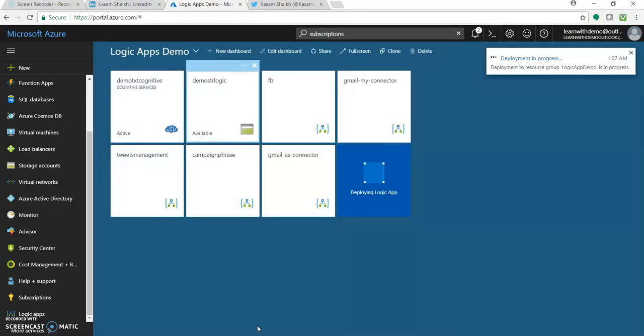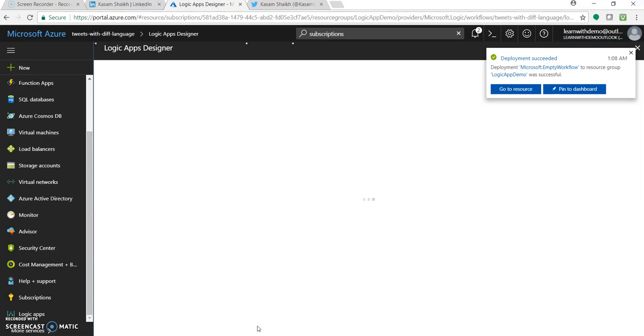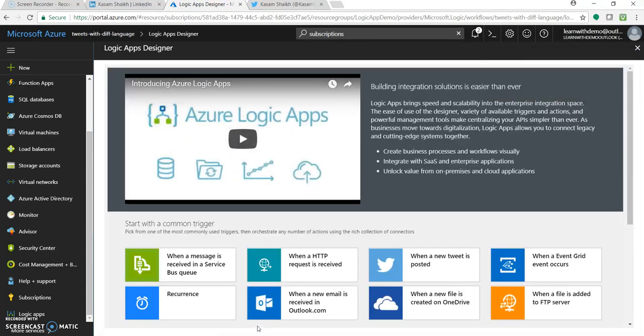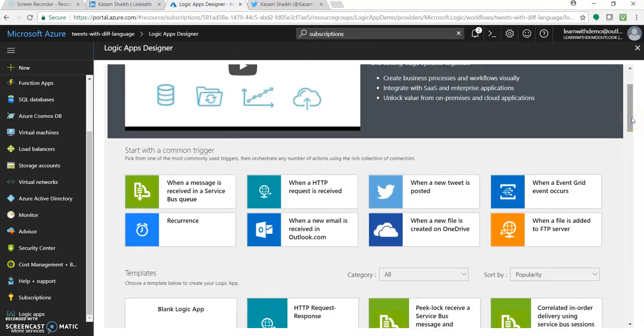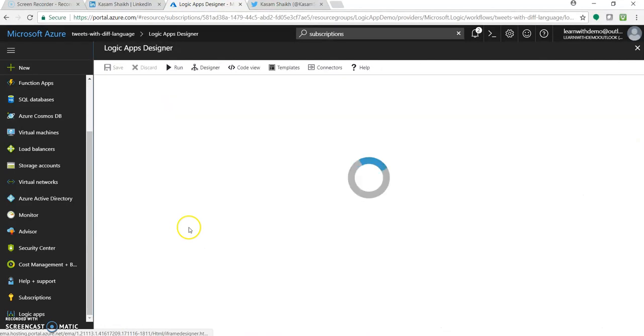So I will repeat the scenario again. There is an event or a campaign going on over Twitter, and that could be tweets for that particular event with a specific hashtag in different languages. We need to store these tweets into Azure Blob storage with the language they are coming in, with that particular name. So let's click on blank Logic App,